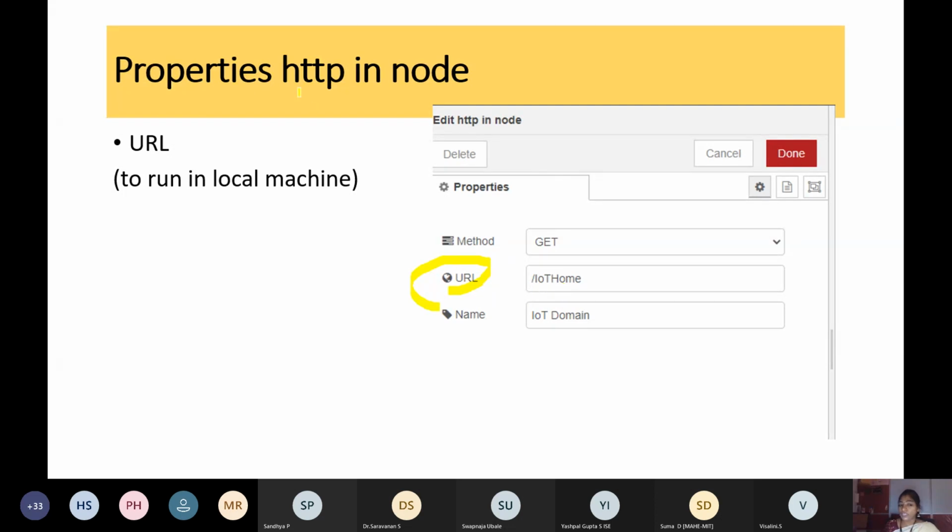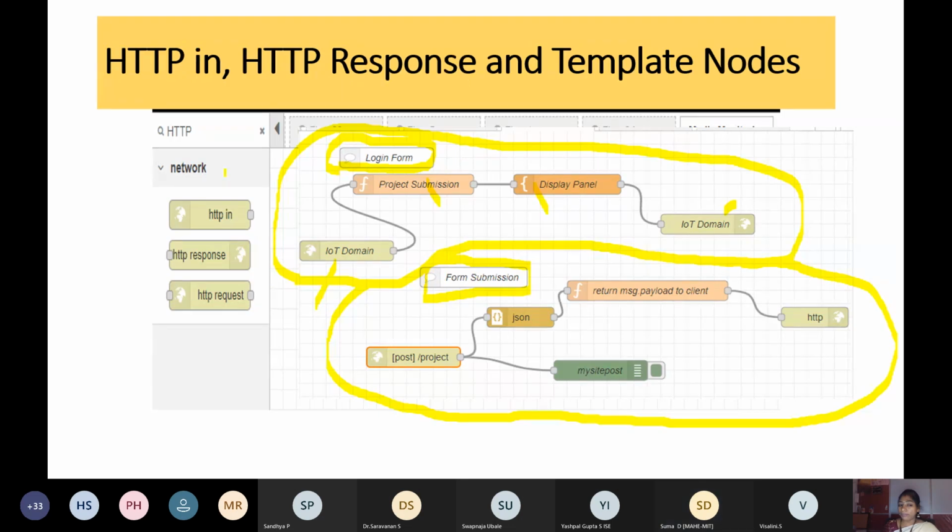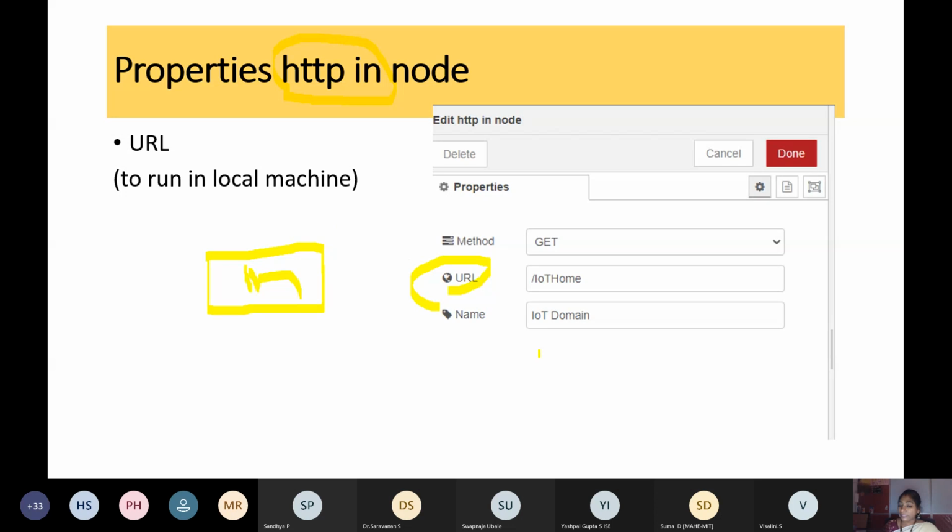You drag an HTTP in node from the node palette, place it in the flow, and double click it.